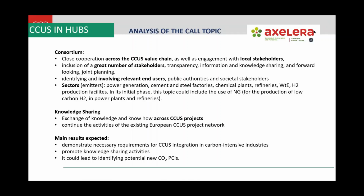So we are interested in a CSA call, which is designed to help CCUS hubs to emerge across Europe. If we just look quickly at the call topic, we see that some of the key issues are close cooperation across the CCUS value chain with local stakeholders, including a great number of stakeholders. So this is something we're looking for in our project, more stakeholders, including companies, ports, industry parks, solution providers, but